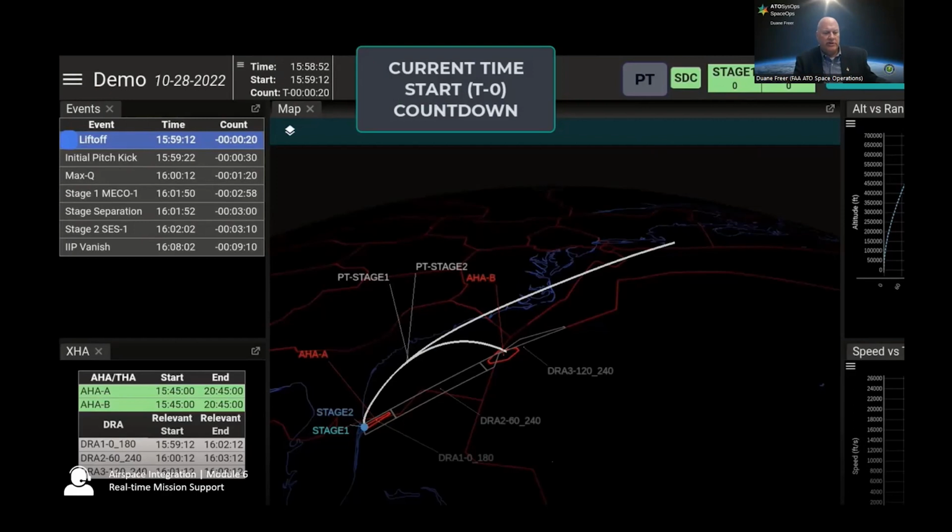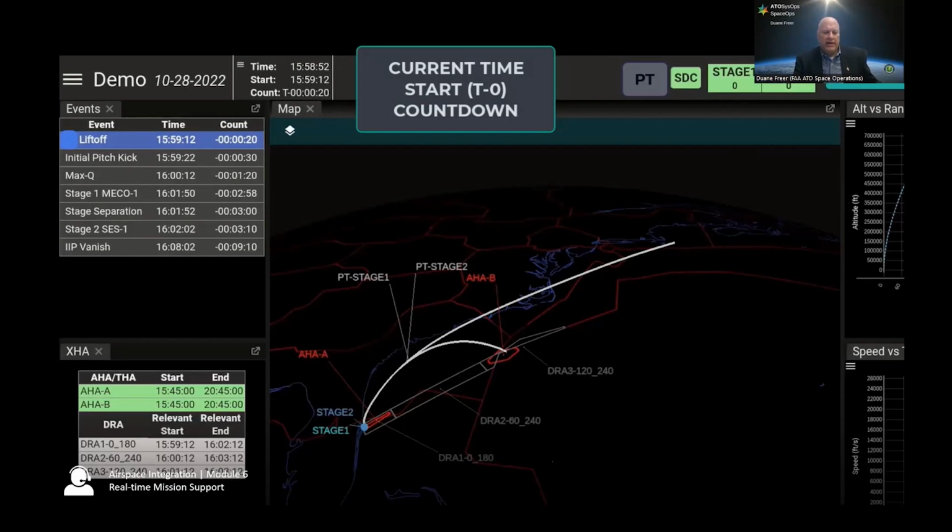This is a two-stage vehicle. In the upper left-hand corner, you'll see initial mission events and the timeframes for those. What we're doing there is monitoring the pre-planned mission events versus what's actually happening. That gives us more or less a health status of the vehicle and whether it's performing as planned.